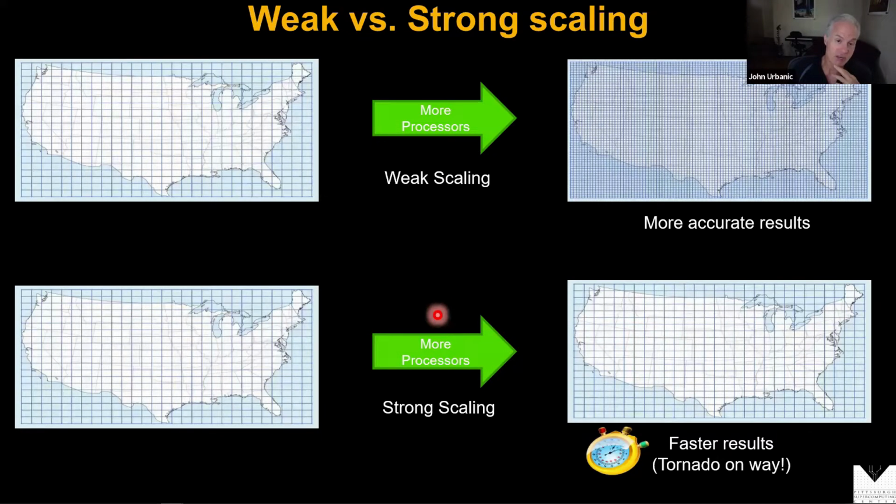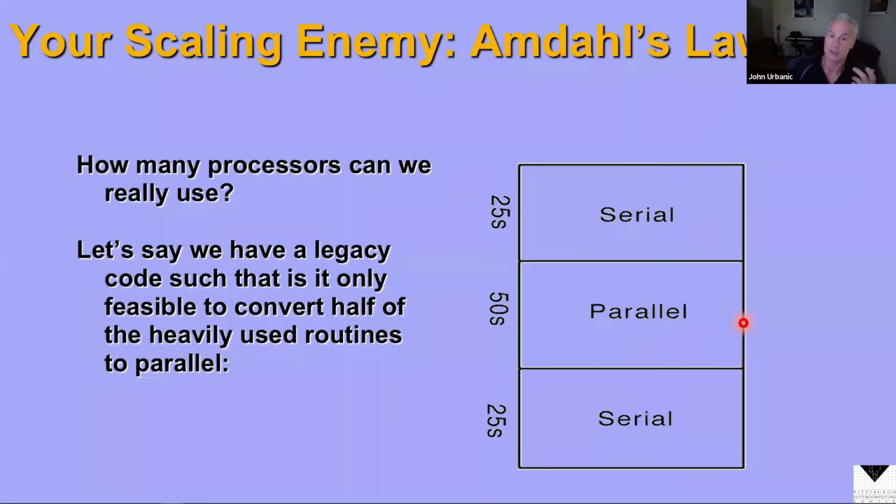When somebody's showing you a scaling graph, they might say, as I'm running on more processors, I'm running a more challenging problem. I ran on 1,000 processors, but I ran 1,000 times more grid points, and that's how it scaled. Or they might say I ran on 1,000 processors and it ran 1,000 times faster, and that's how it scaled. They're both valid, but make sure you're looking at the one that most interests you.